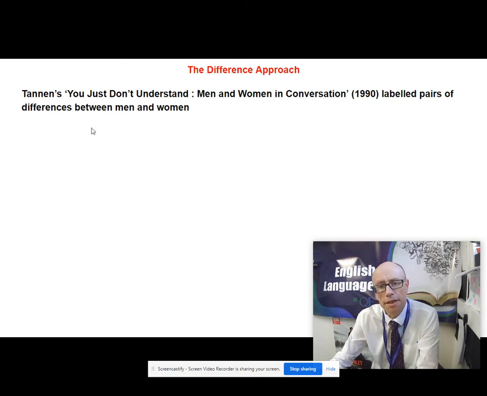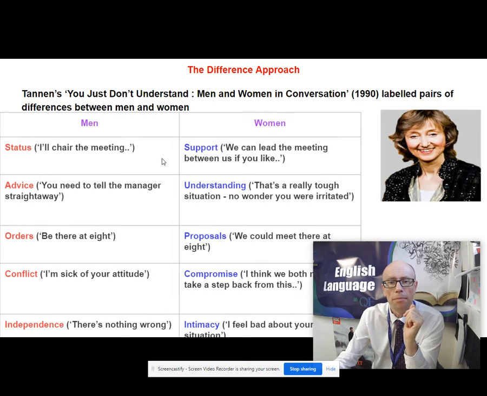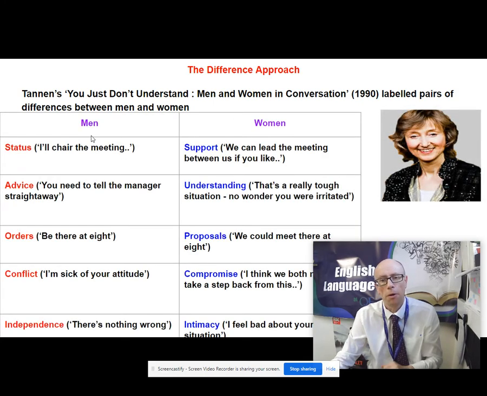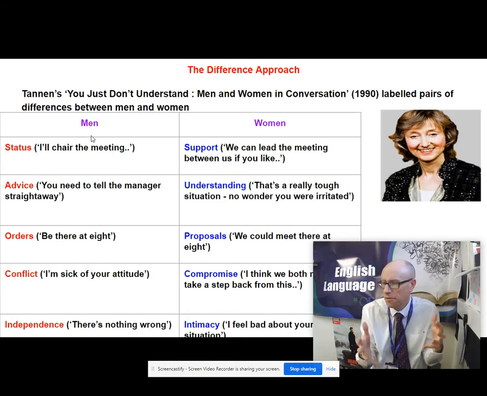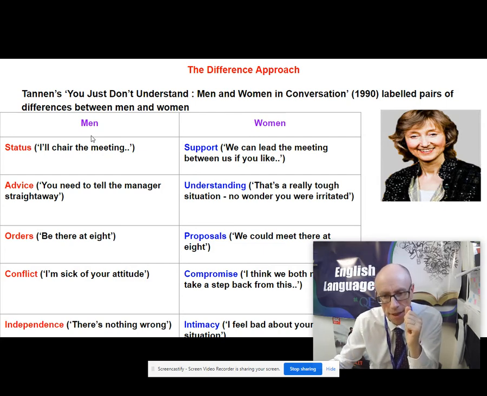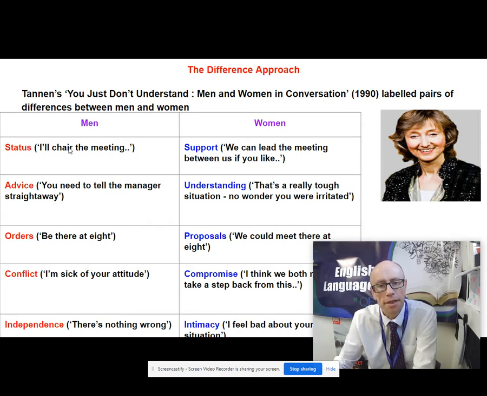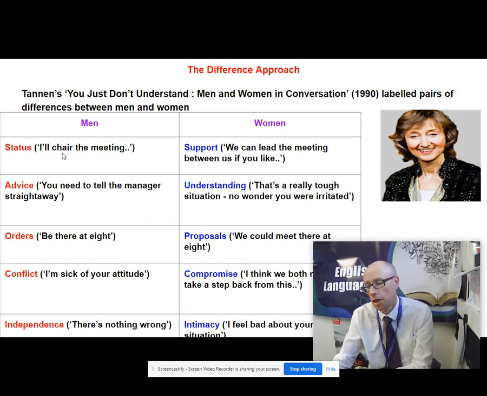Okay, so in Tannen's book, You Just Don't Understand: Men and Women in Conversation, she labelled pairs of differences between males and females, and you find these in your textbook. So let's look at these as kind of binary opposites. This is, of course, simplifying things a great deal, and she would argue that it's a lot more complicated than this, but this is the kind of broad ideas coming through here. She says that males tend to use language to demonstrate status, whereas females tend to use language in order to